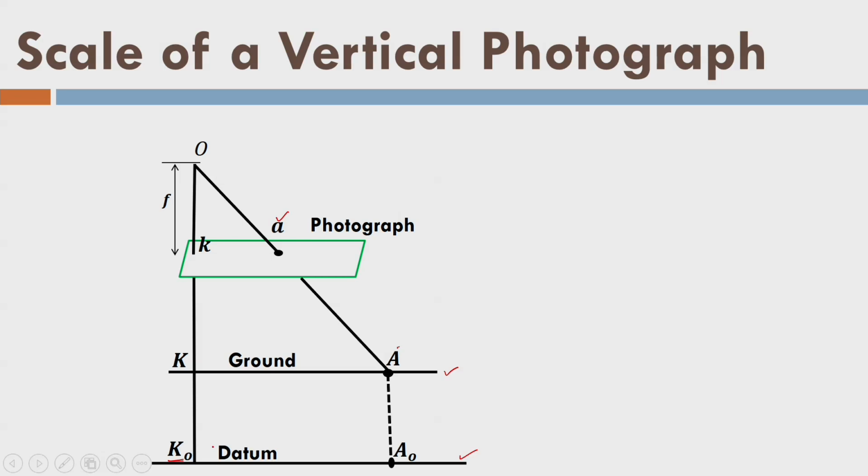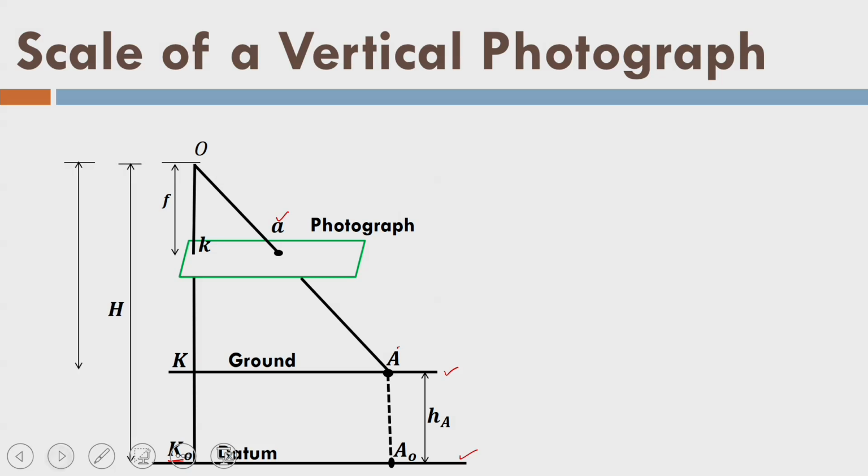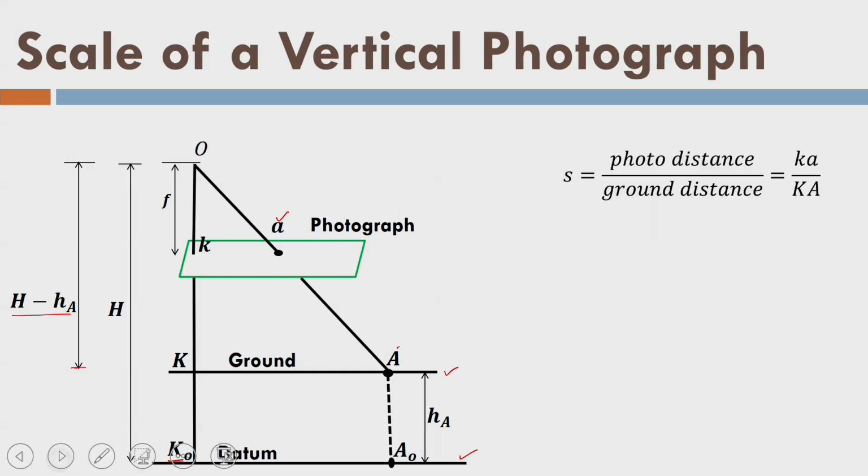So datum has certainly some height, as you remember from basic surveying we measure the height from datum. So now I am saying that there is a plane datum and I am measuring the height of point A. So this is the height hA of point A with respect to datum, and as a result of that, what happens in the scale? Just see now. I have the flying height H, and if you see here, this height above the ground of point A, it is H minus hA, right? Fine, let us go ahead again.